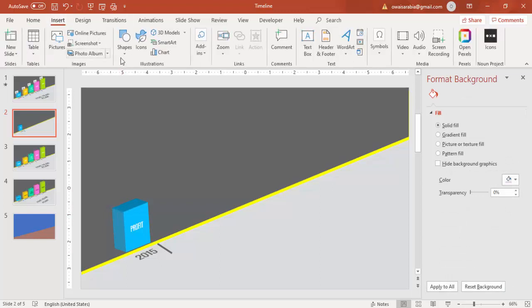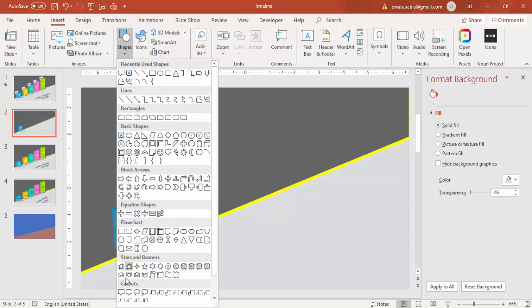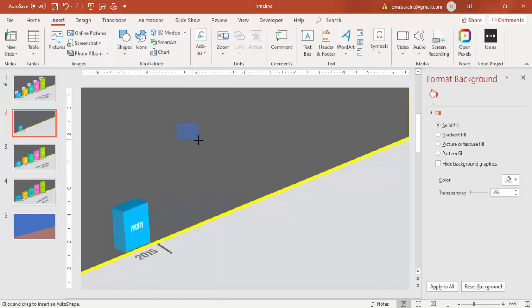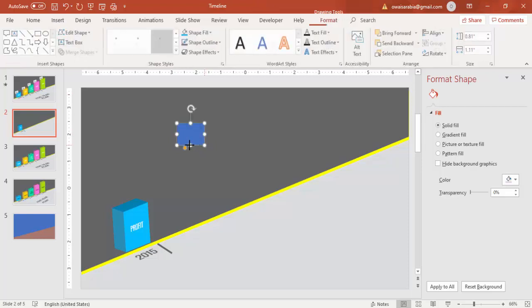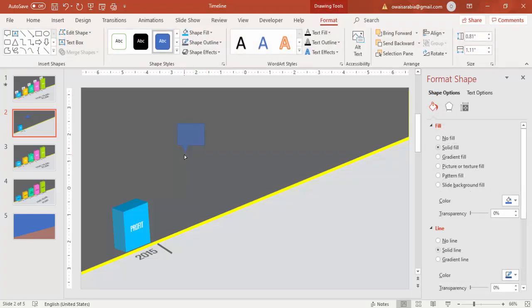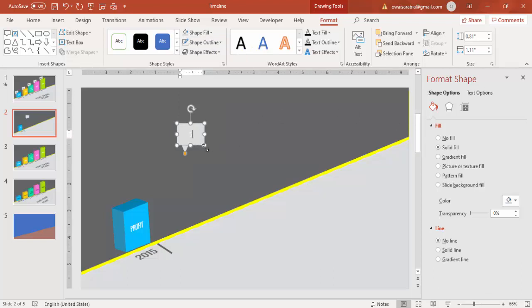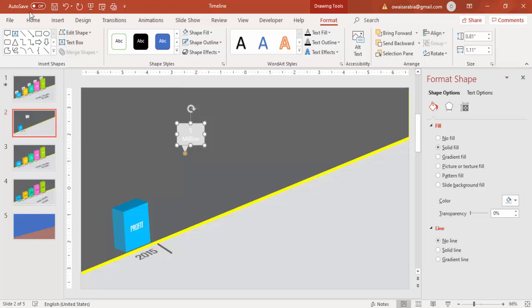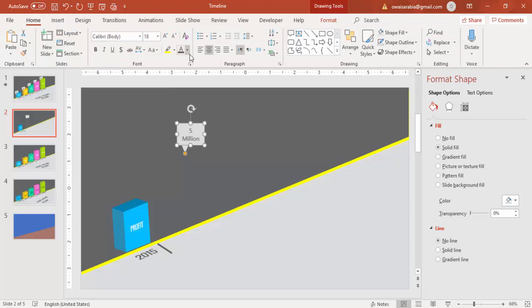For the call out, go to insert shapes, select the call out, the first one, speech bubble rectangle, draw the rectangle something like this and drag this a little bit, give a light gray background with no outline, and I'm going to just type the figure here, 5 million, and we can use the black color